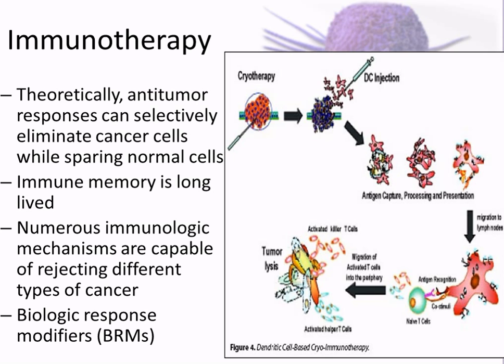And the last one, immunotherapy. This is where we train your immune system to attack the cancer. And this is kind of like the future. If we can find specific markers on the surface of the cancers, then we can train your white blood cells to go after them and destroy them. Because the white blood cells have access to almost everywhere in the body. If we can teach them what the cancer cell looks like, they can target it, go after it, and actually isolate it and kill it.